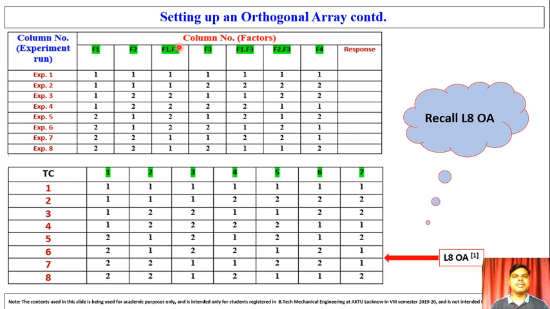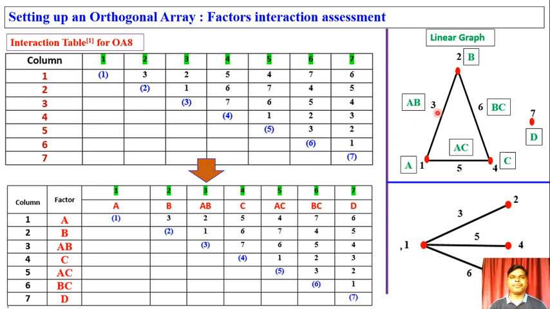So this column, if there is an interaction between 1 and 2, will represent the product of A and B. Okay, so it is F1, F2. That's what we want to show. So this column number 3 must represent the product of factor A and factor B. Similarly, if there is an interaction between factor B and factor C, we'll put it here. So there should be point number 6, that is the interaction between factor BC, column number 5 the interaction between factor AC, and column number 7 represents the D factor. There is no interaction.